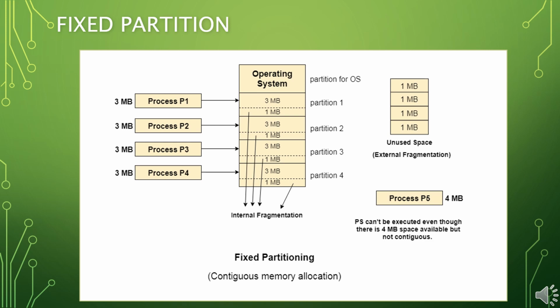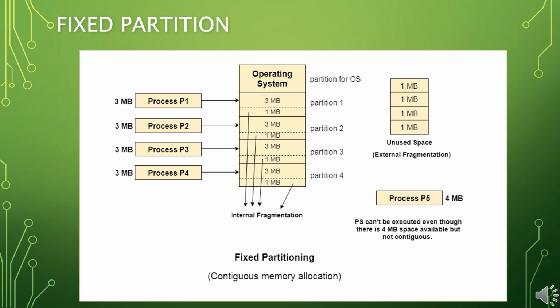Also, in fixed partitioning, always remember the memory is assigned to the process in a contiguous way. When I say contiguous way, it means one after the other. So I cannot assign partition 1 to one program and directly partition 4 to the other program. It will go in a sequence of partition 1, partition 2, partition 3 and partition 4, and so on. The operating system always resides in the first partition, while the other partitions can be used to store other programs. As you can see in the diagram, the operating system is given the first partition, and the rest of the partitions are given to the processes which are coming in for execution.